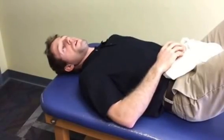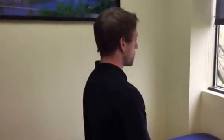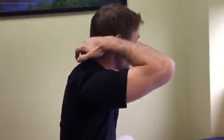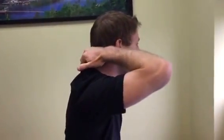This next movement is going to be something to improve cervical extension or the ability to look up. Just to talk before we do it, most people, when I look at their neck, their issue is that their shoulders are rounded forward and their head's a little bit forward, and there's this prominent curve and bump right here. And then when they go to look up, a lot of it's happening just at this crease without any of that motion coming down through their upper thoracic spine so they can get the rest of that looking up